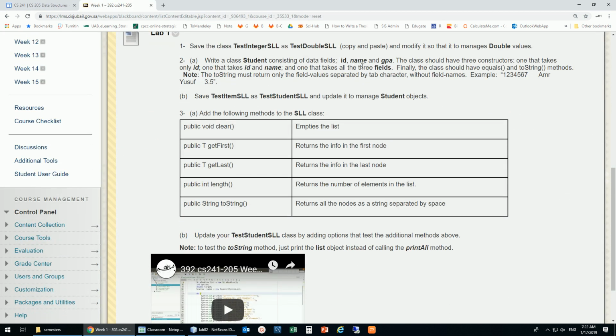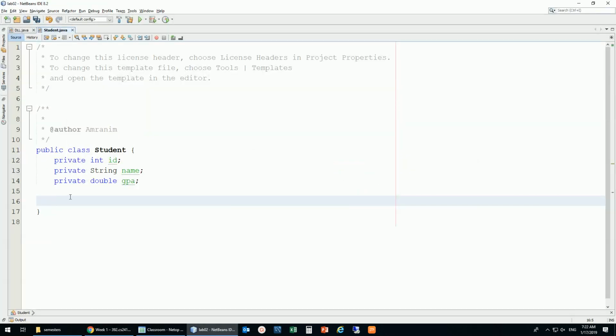So this is the information about class student, etc. The class should have 3 constructors: one that takes only the ID, one that takes the ID and name, and one that takes all the 3. And I showed you also in the video that you can generate those with Alt Insert